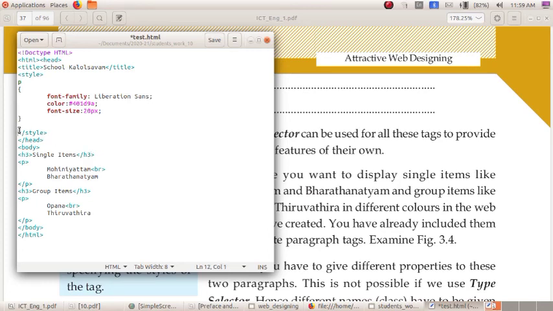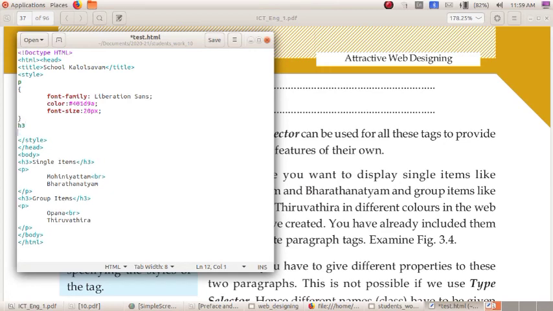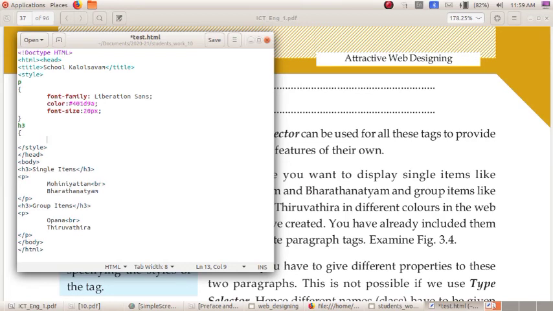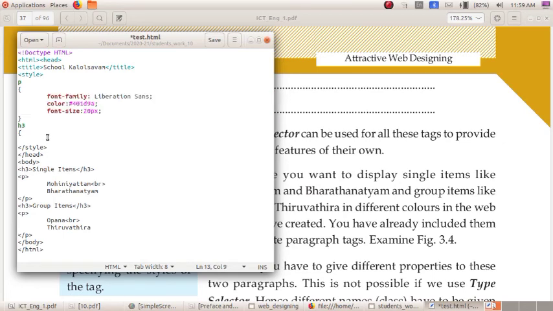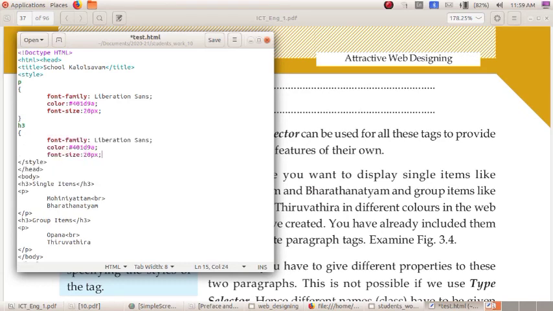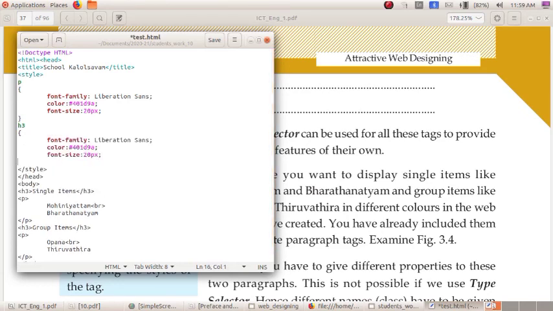Here it is in small letters, we want to give it in small letters itself, h3, then curly bracket. Then I am now copying it, for time being you want to type it, then copy it, then put a curly bracket.